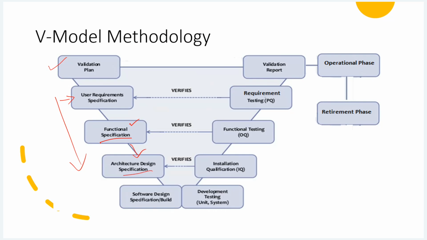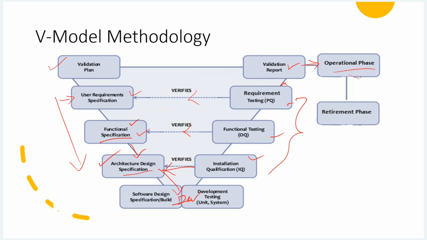This is how the designing of the software is. Are you fine with that? Yes. Then they will build the software. They will develop the software. After development, testing is there, of course IQ, OQ, PQ. But here, one compulsion is that your IQ has to be verified against the design specification, OQ has to be verified against the functional specification, and PQ has to be verified against the URS. Once you test the software, you can prepare the validation report. Once this report is approved, you can go live with the software in the operation phase.